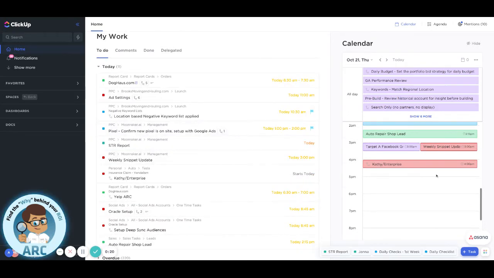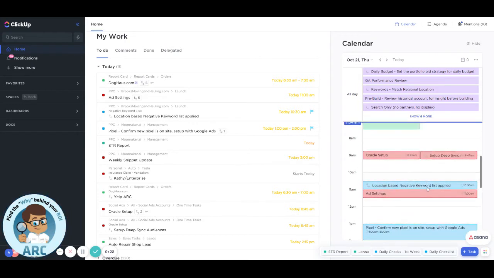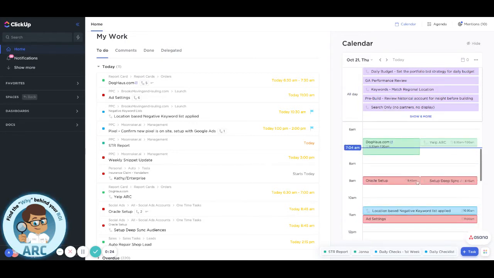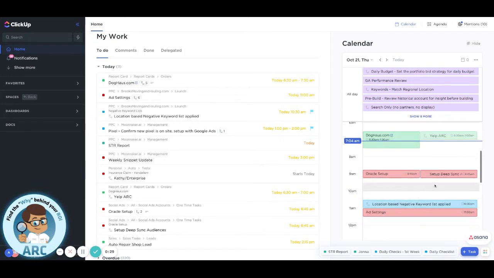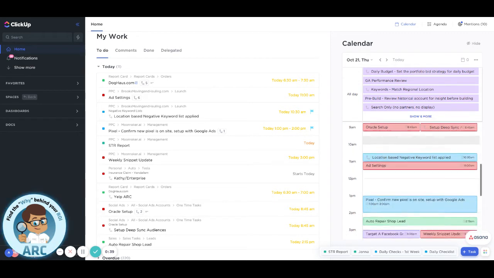So what I did is I made sure that they were all on my calendar and I can see some of these tasks go hand in hand. They'll be right next to each other and they are able to get done in conjunction with each other, like these Oracle setup and deep sync. Like these things are something that can happen hand in hand, even though it's two different tasks. So I put them on their own block and I make sure my day's scheduled and that it makes sense